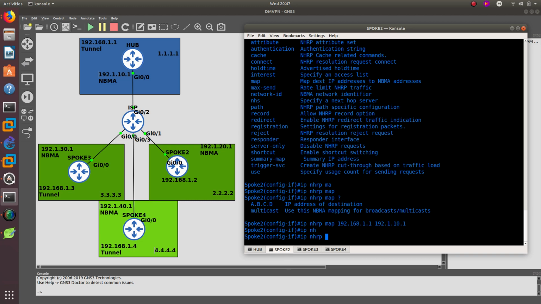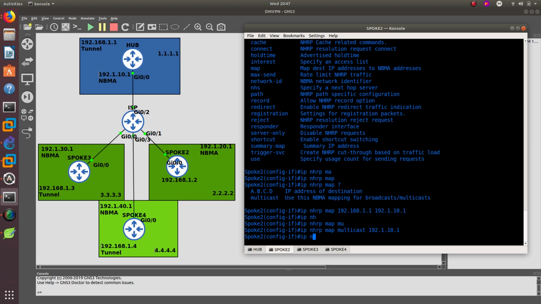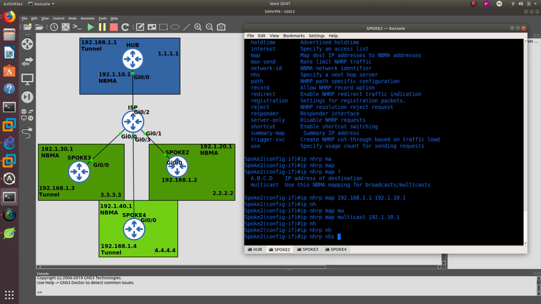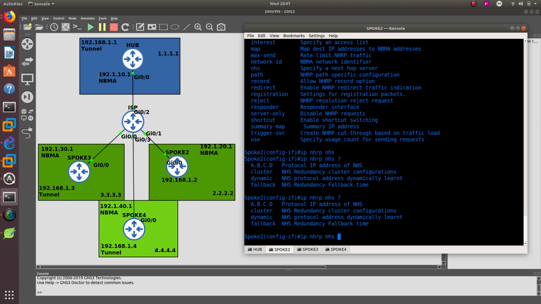Let's see if I remember. IP NHRP map multicast, and we need to tell it which one is the multicast, which is this one, and then IP NHRP NHS. If you do a question mark, the NHS specifies the next hop server, and the next hop server is the hub. So NHS, and we need to add right here the protocol IP